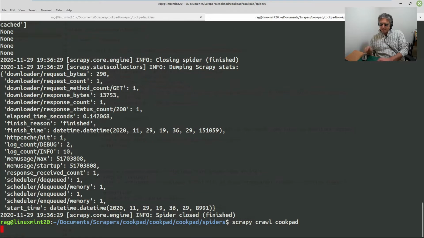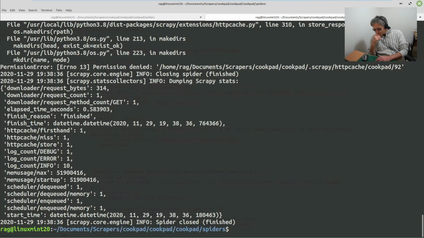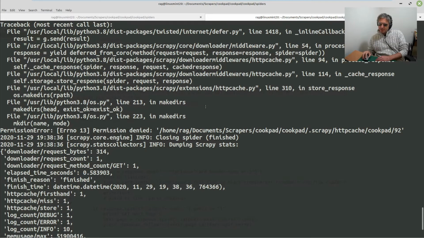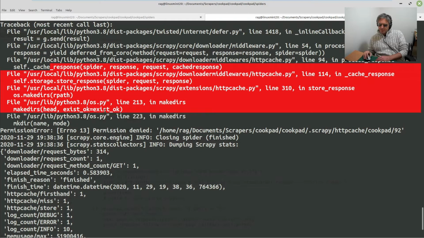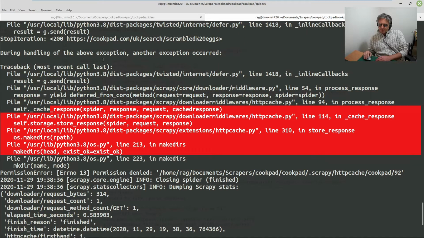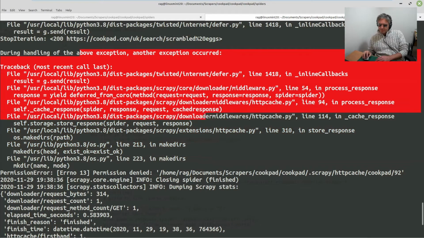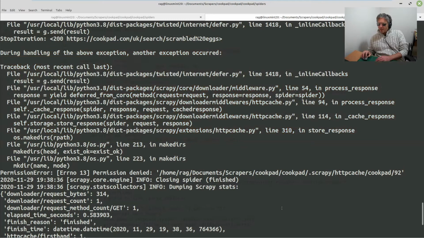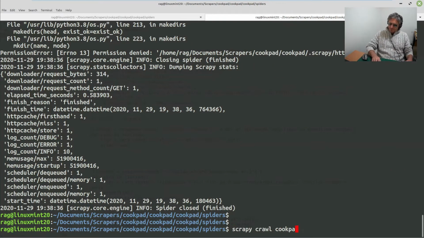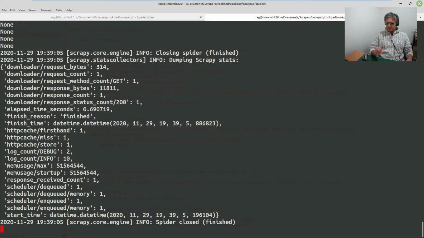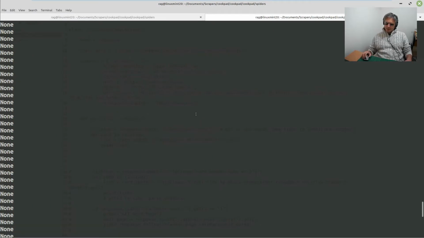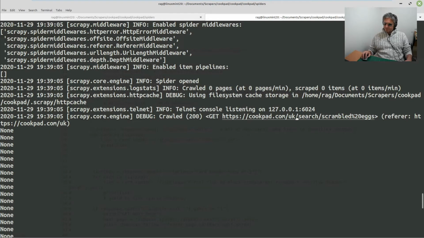Scrapy crawl cookpad. And what is going on here? Oh, we've got permission denied again, right. I think it's because when I started the project I used sudo. I shouldn't have done that. Okay, so crawled a 200 and